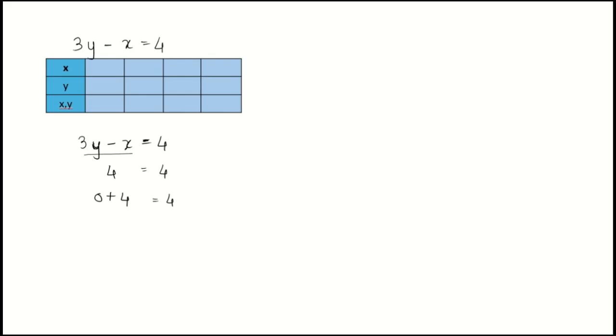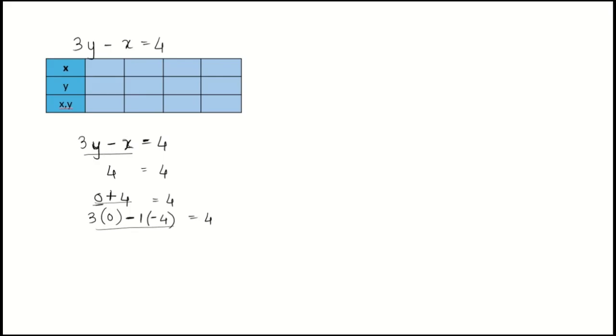If we write this in the form of the equation, take 3 from the equation. 3 into 0 will give us 0. Take minus x. Here it is minus x, which means the number is 1. 1 into minus 4 will give us minus 4. Why have we taken minus 4? Because minus into minus will give us plus, and 1 into 4 will give us 4. If you solve this equation, you will get a total of plus 4.